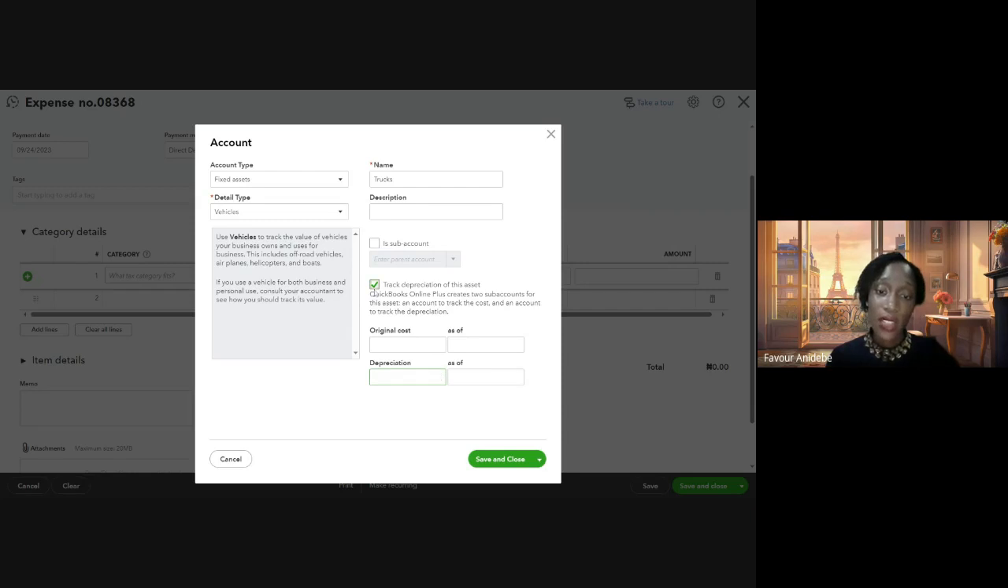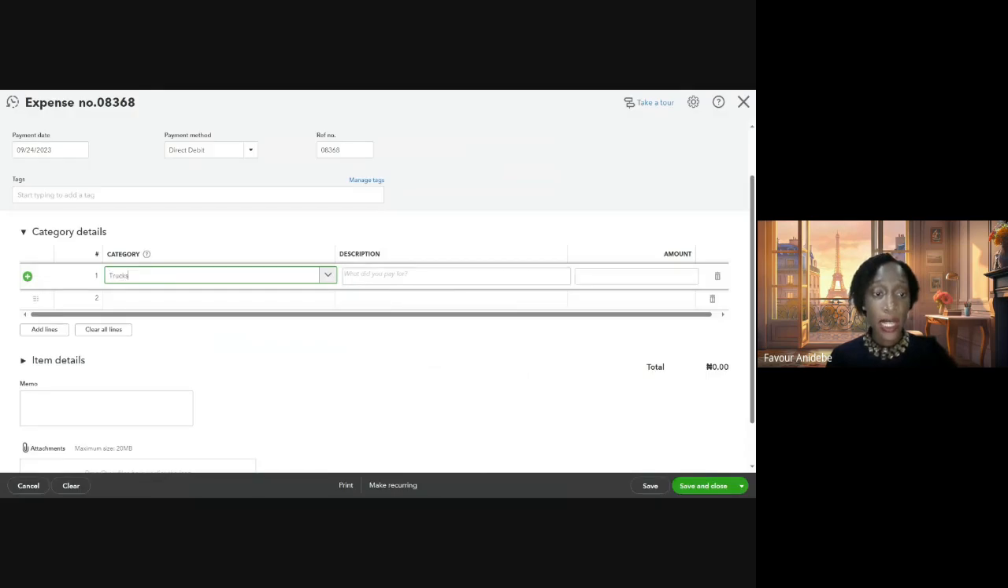So for now, let's just assume we're not tracking depreciation because we are just buying the asset. We'll click on save and close. So you can see it has come here. Then you can just give a description. What are you paying for? I'm paying for this, I'm paying for that. Write it. Payment